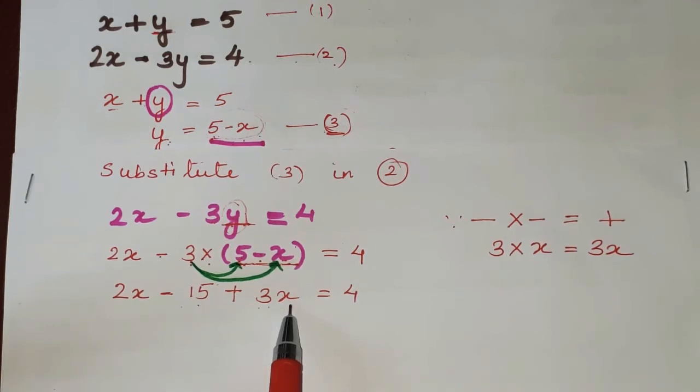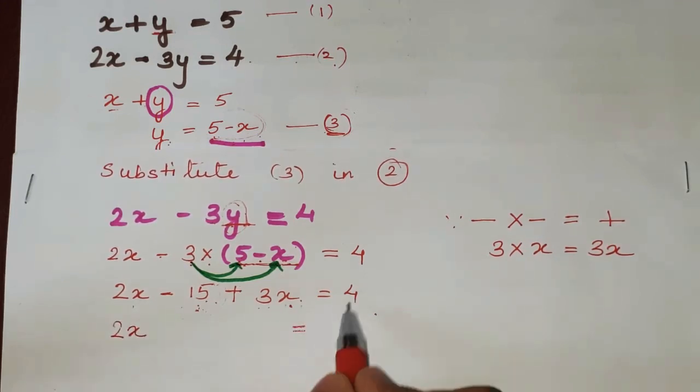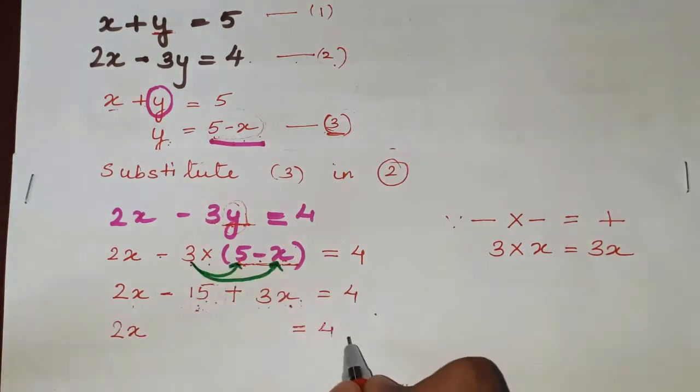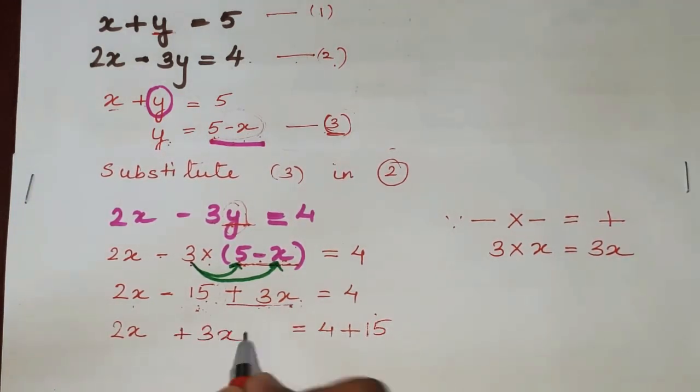So what we are going to do, we are going to keep the similar looking terms on this side, and whatever does not match, we are going to take it on the other side. So this minus 15 does not match, so I'm going to take it on that side. Remember, whenever we want to take a number to the other side, it always goes along with its sign, and when it reaches the other side, it changes its sign. So 2x will remain 2x, is equal to 4 over here. This minus 15, when it goes on the other side, will become positive 15. What else is remaining? This is remaining along with its sign, plus 3x.